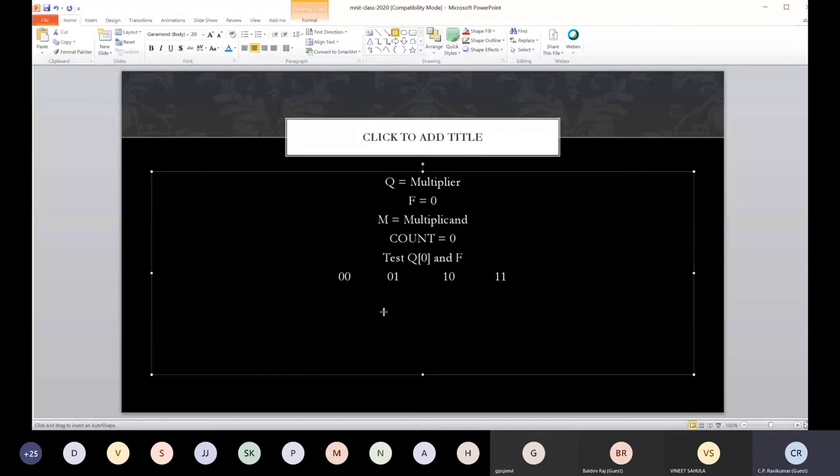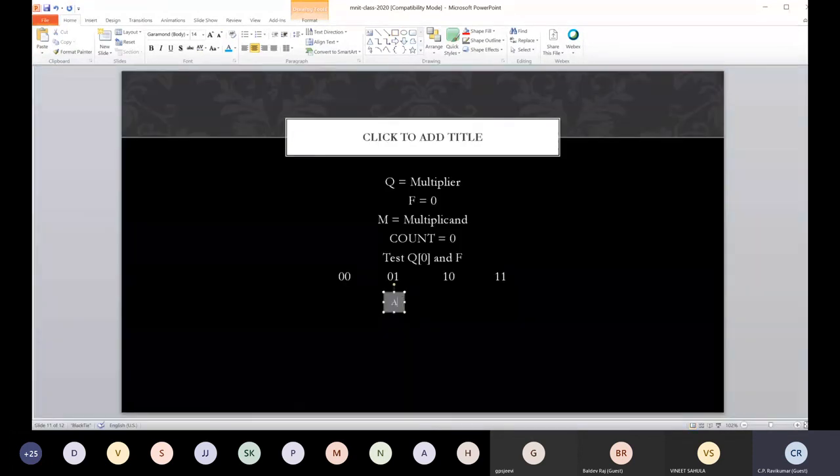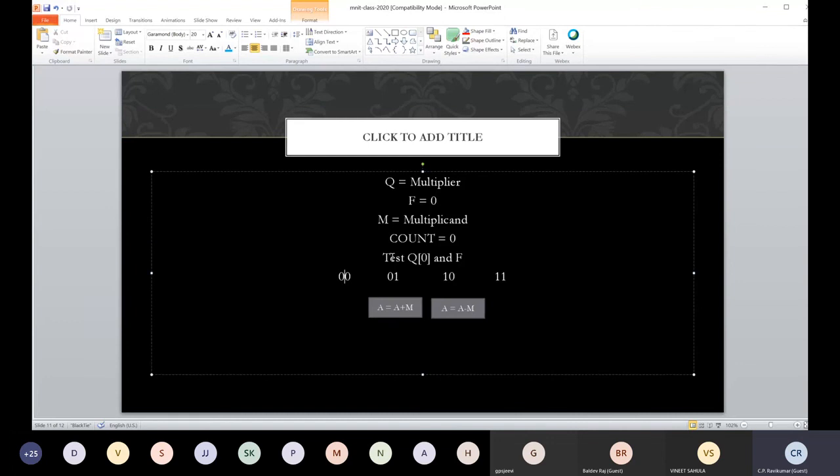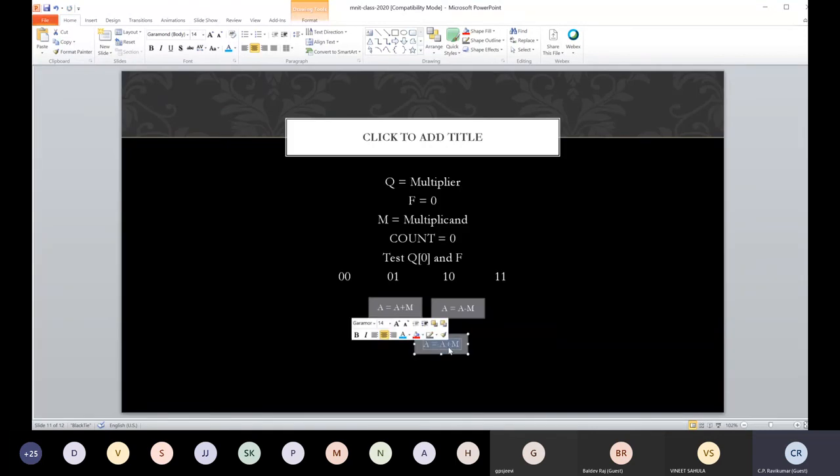So we'll have to add here. A equals A minus M. And here, in both these cases, no action, only shift. Right shift